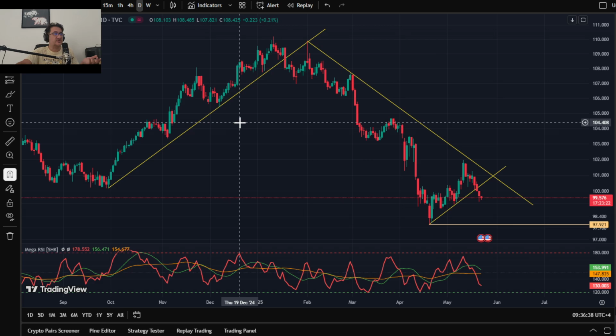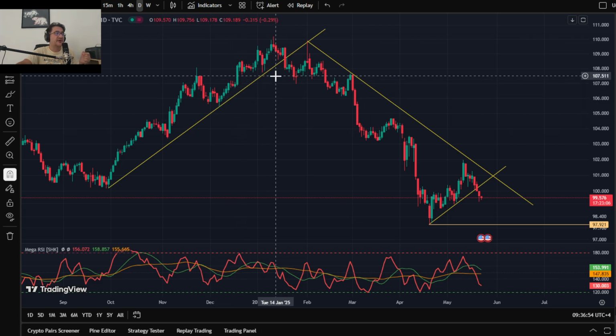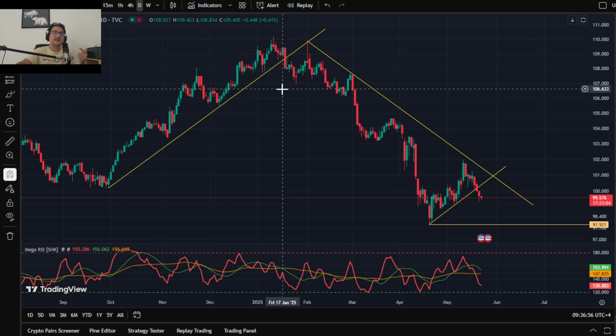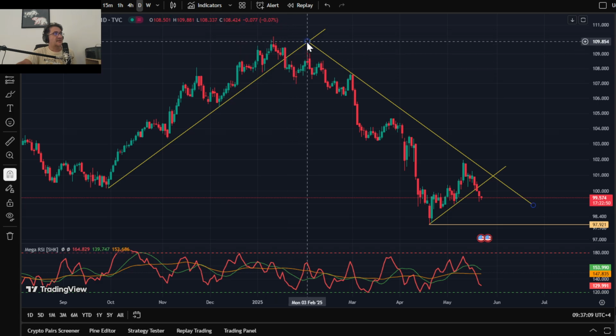But the more the price tries a level, the weaker it gets, so it's more likely to break that level on the 4th or 5th try. This is what happened here: the price breaks the trend line, does a pullback,